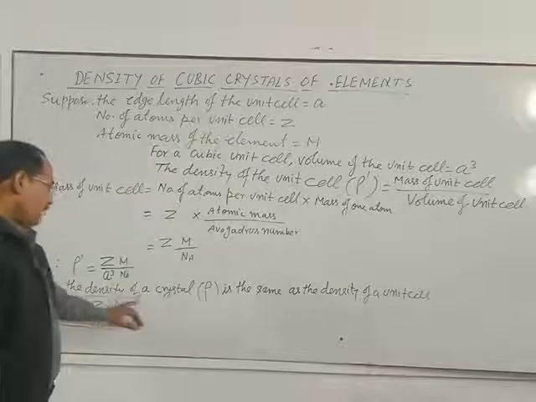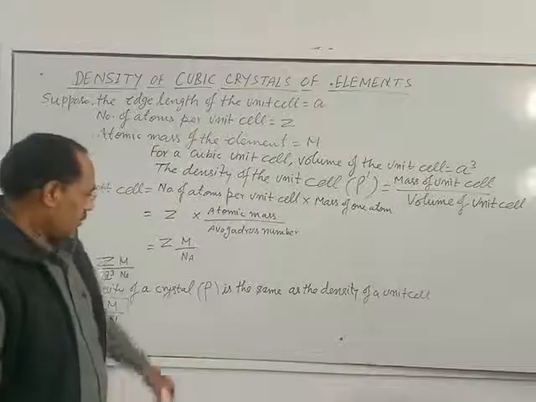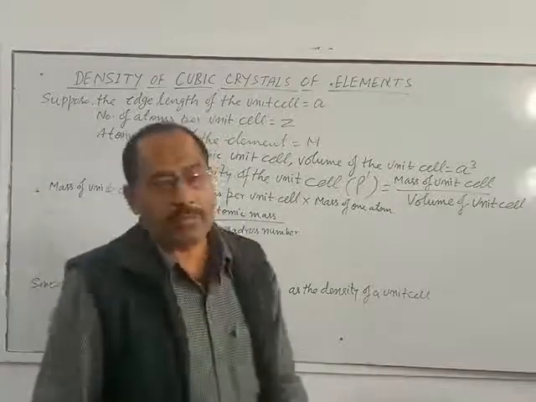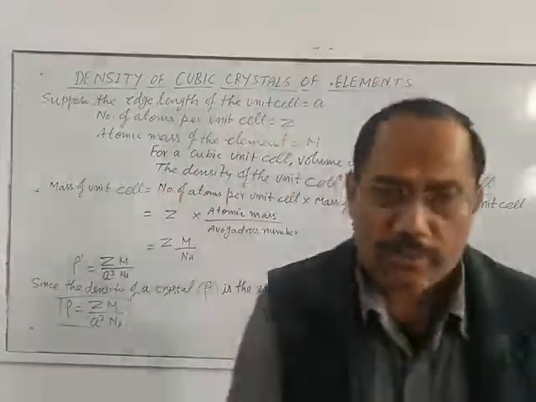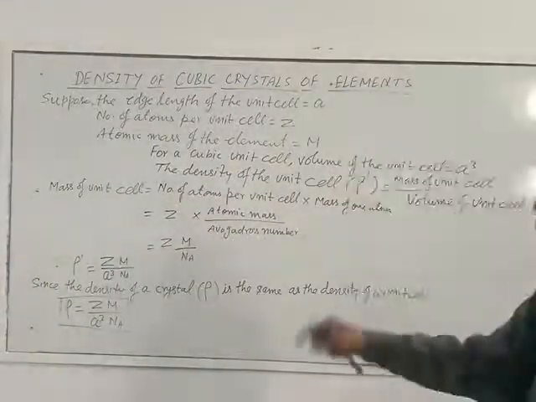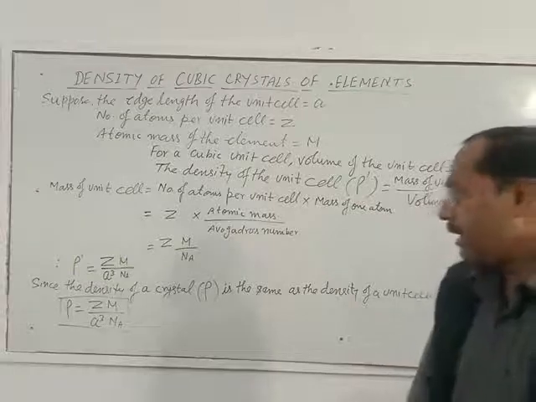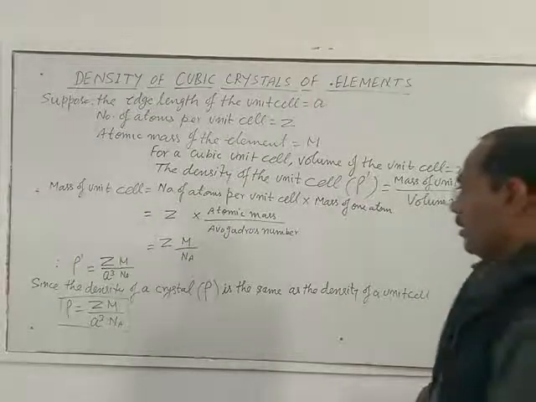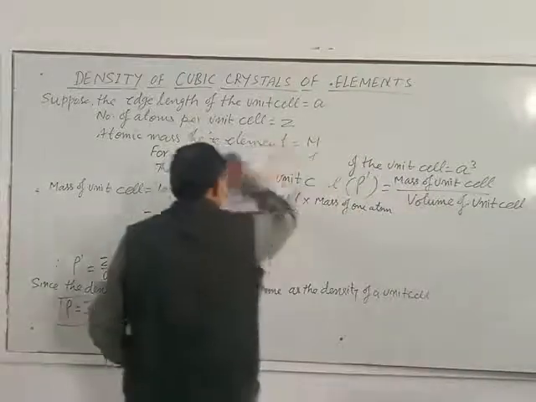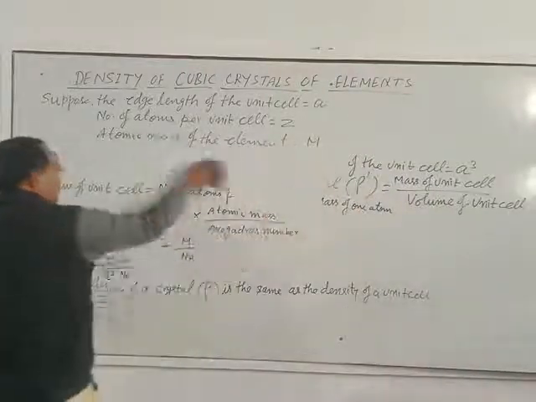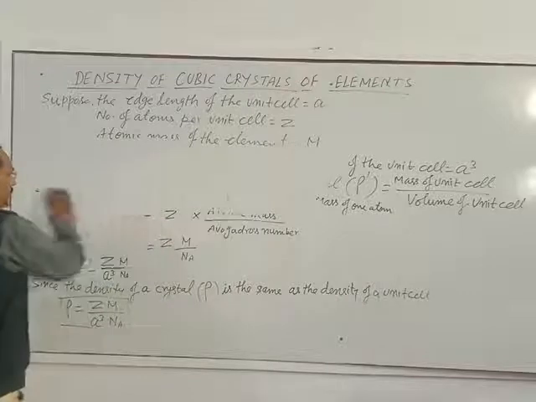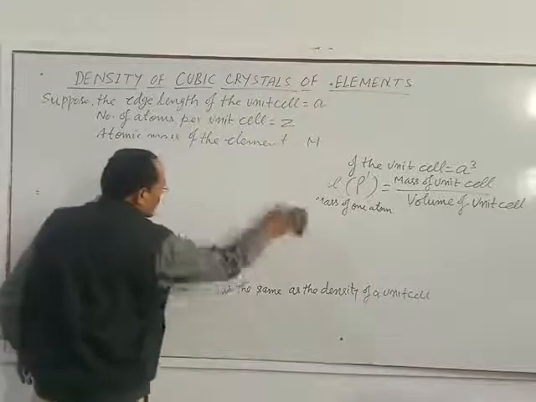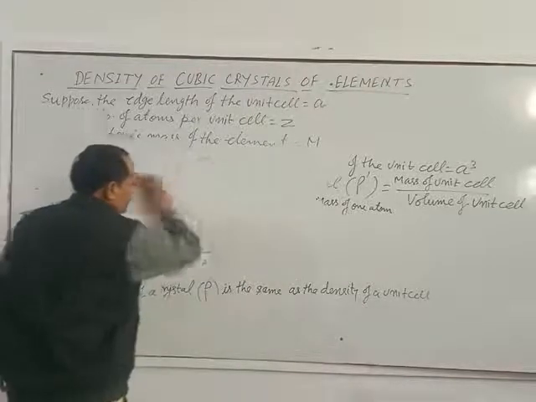Since the density of a crystal is the same as the density of unit cell, that is why rho is equal to ZM by a cube and Na, where Na is Avogadro constant, which is Avogadro number,